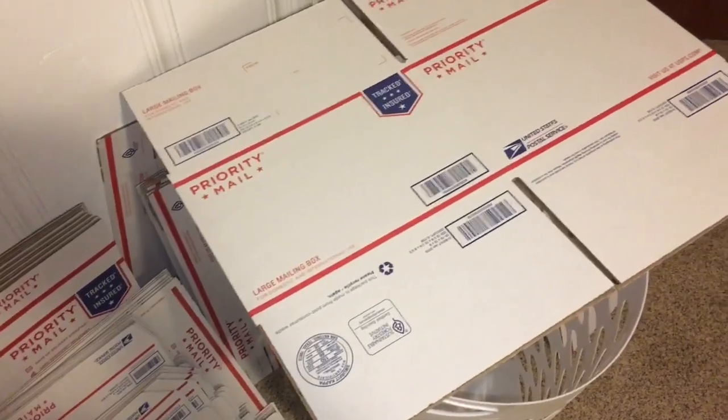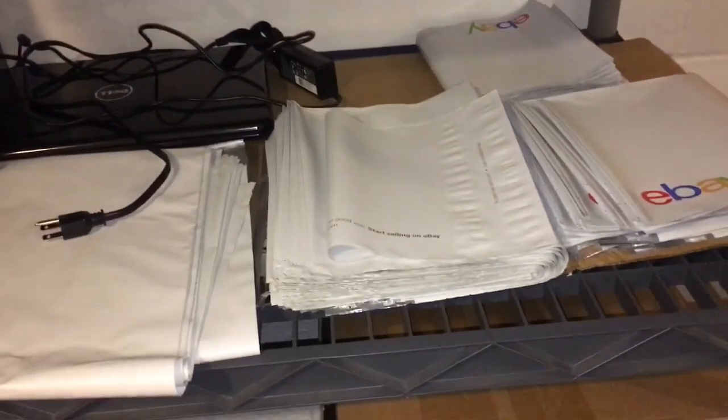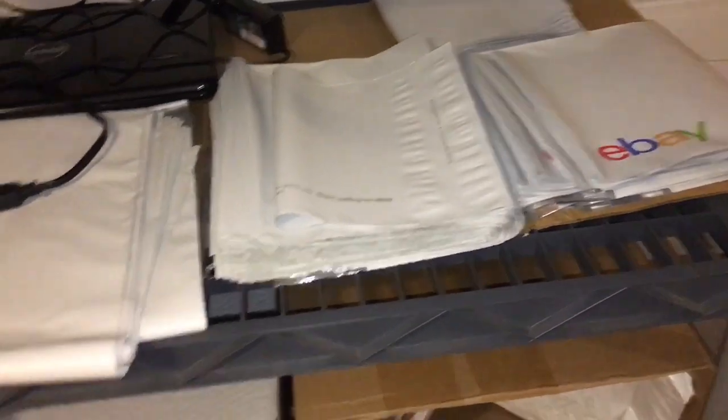But to turn a box inside out, or to use the stuff that, like, here's an example. If I were to take these bubble mailers and use them for padding and then put them inside a mailer like that, that's not right. You shouldn't do that. These bags are so cheap. They're like pennies. So I know people always want to try to find ways to save on supplies, but